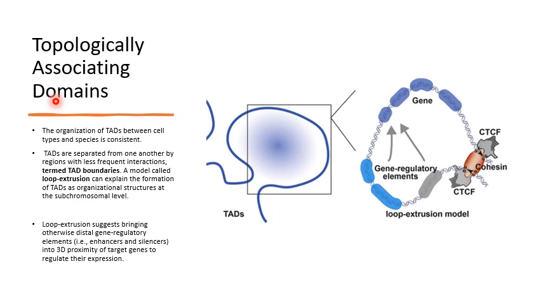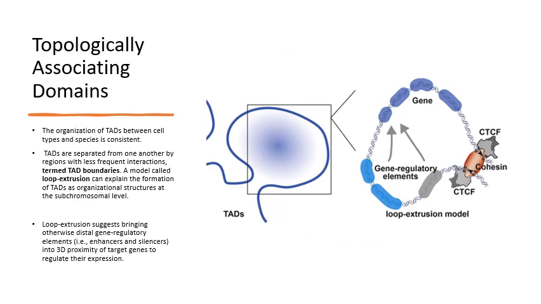So the organization of the TADs between cell types and species is consistent, and these TADs are separated from one another by regions called TAD boundaries. One of the models that we see here is the loop extrusion model, which suggests bringing otherwise distal gene ends to each other, and these elements will affect each other. They will be either enhancers or silencers of each other, and this 3D proximity will target the gene to regulate